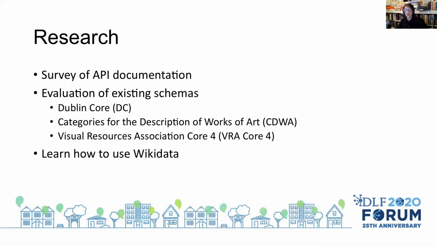For the schema and content standard, my research approach was to survey the data offered by a number of source institution APIs in order to find commonalities. I looked at the documentation for about 12 different APIs. Once I had an idea of the types of data available, I evaluated existing schemas to determine the best fit for Curationist.